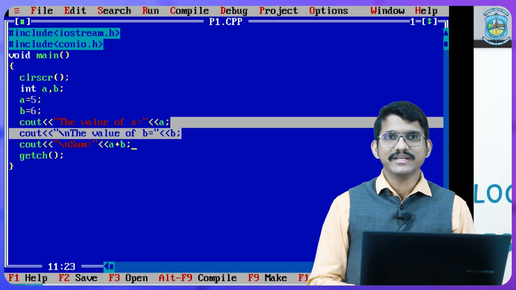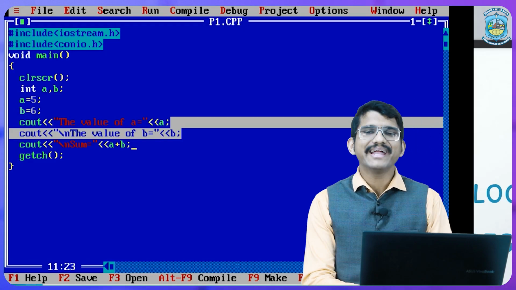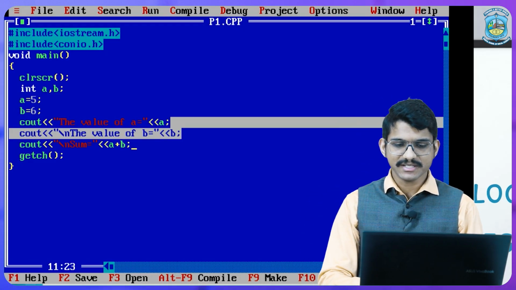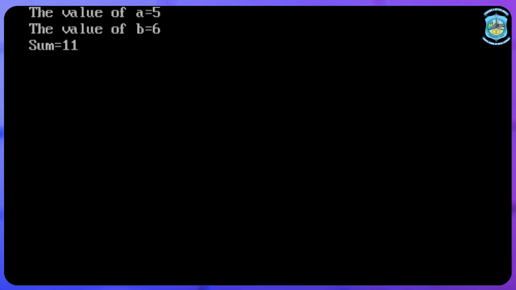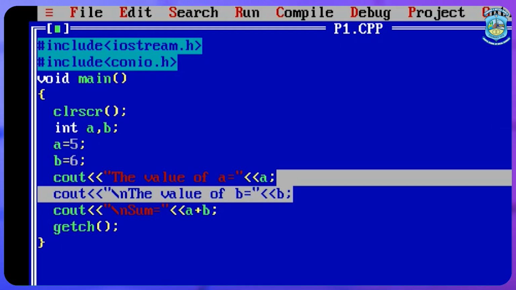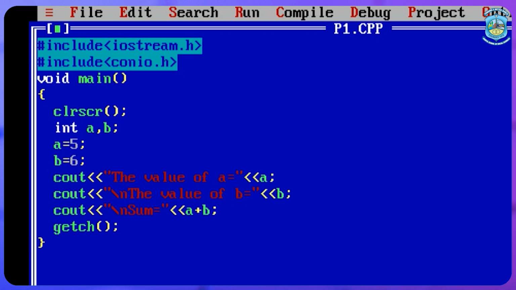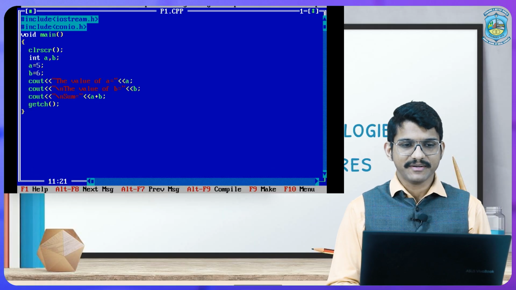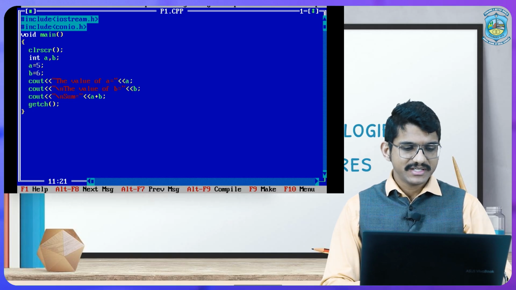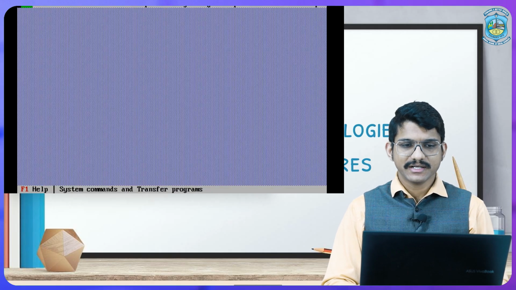In the previous video, we have learnt about addition of two numbers in C++. So the program is this. We had taken the value of a as 5 and the value of b as 6, and the sum was 11. So like we have got the sum, we can use the other arithmetic operators. We can do other arithmetic operations like addition, subtraction, multiplication, division, etc. So after this we can learn about